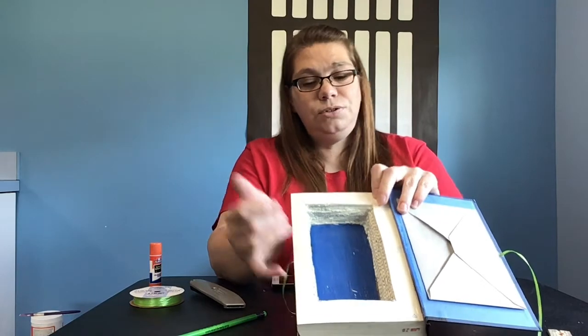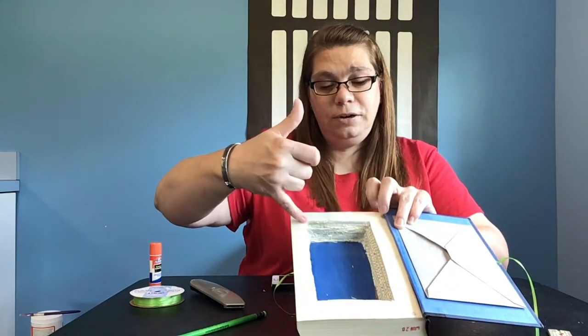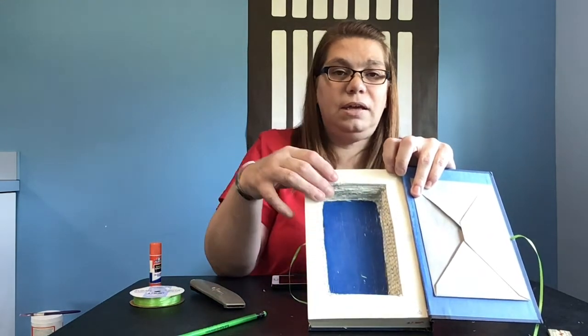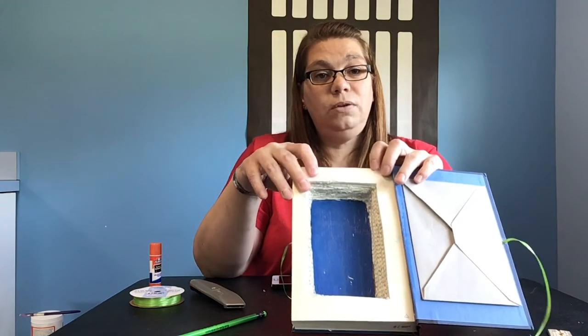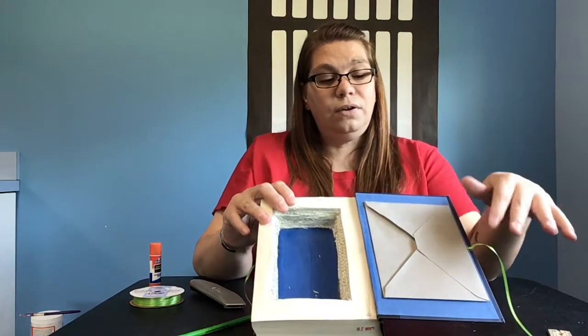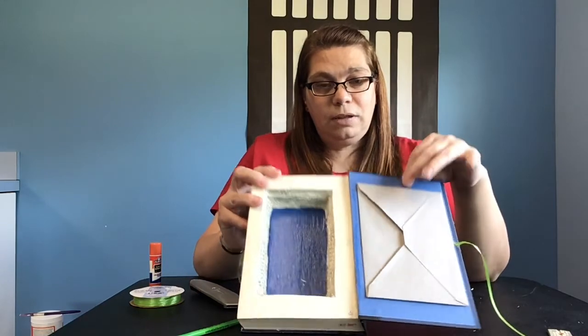All you're going to do is re-Mod Podge the outside here. And then what I did was I also Mod Podged the inside just to make it a little more watertight. That is it. That is your book. If you allow this to dry, that is your safe. Now, I also added a couple of embellishments. I put a simple envelope on the other side